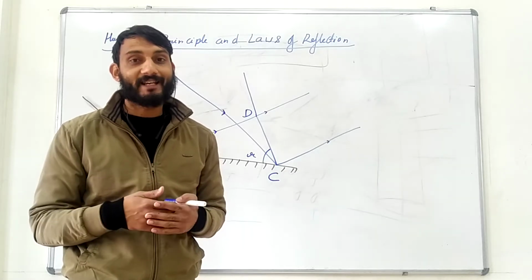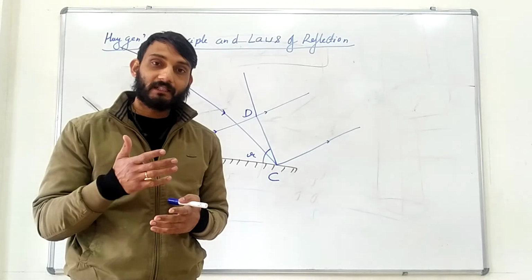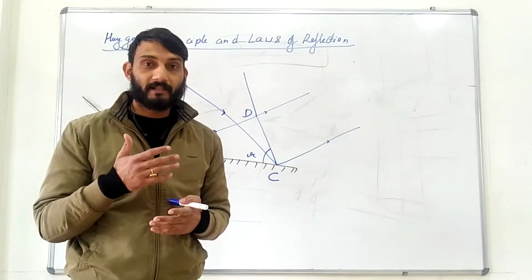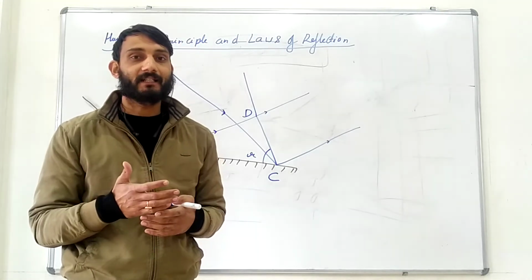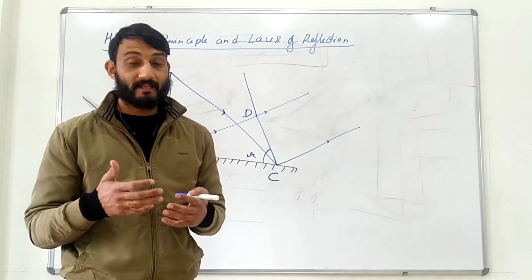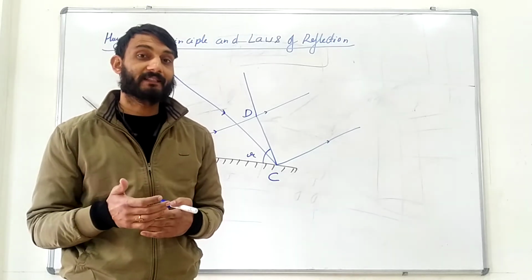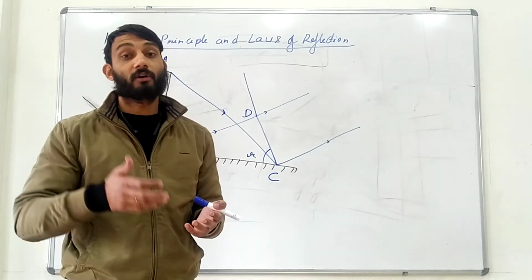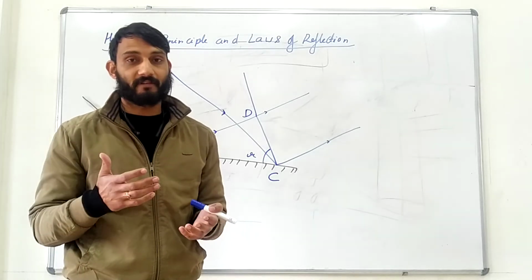So he came up with the idea of explaining reflection and refraction using the Huygens theory, so that people could believe there's a theory which could explain these two phenomena on the basis of the wave nature